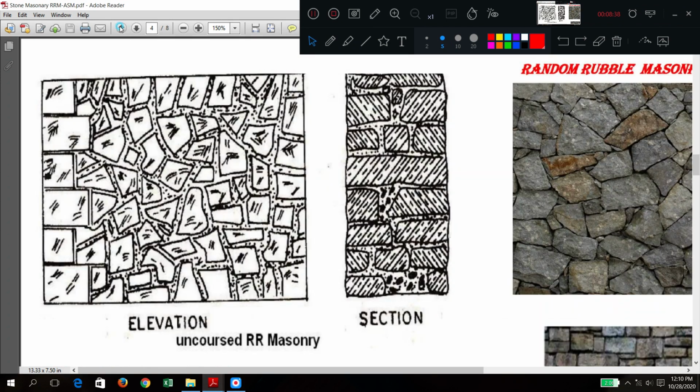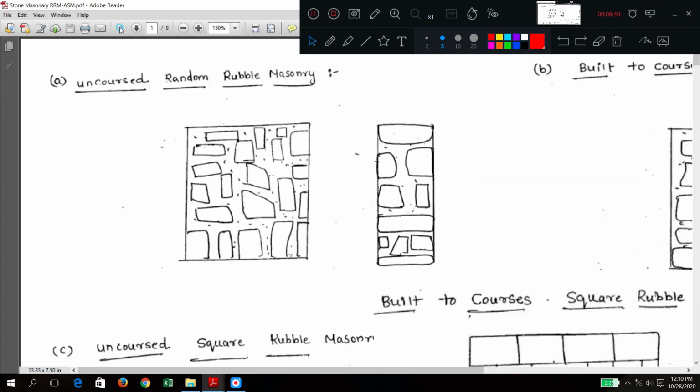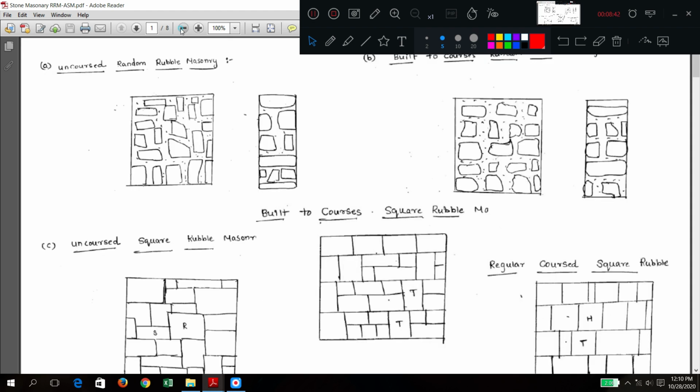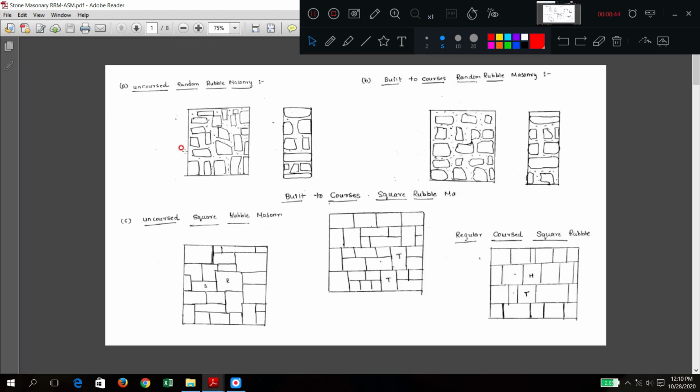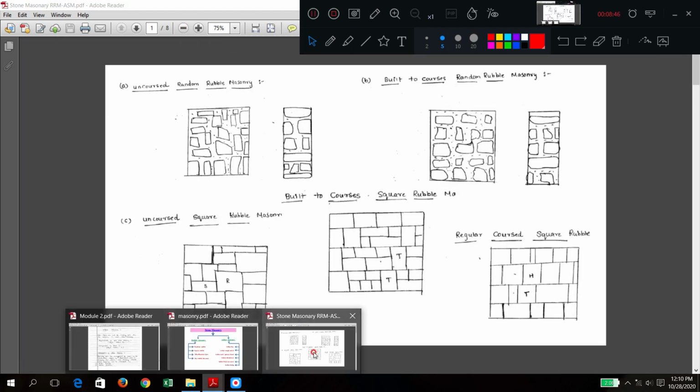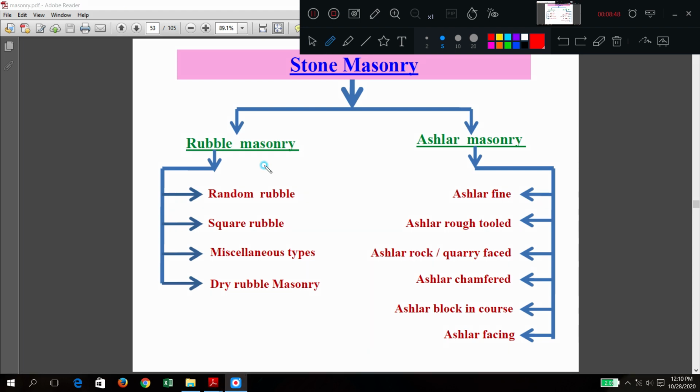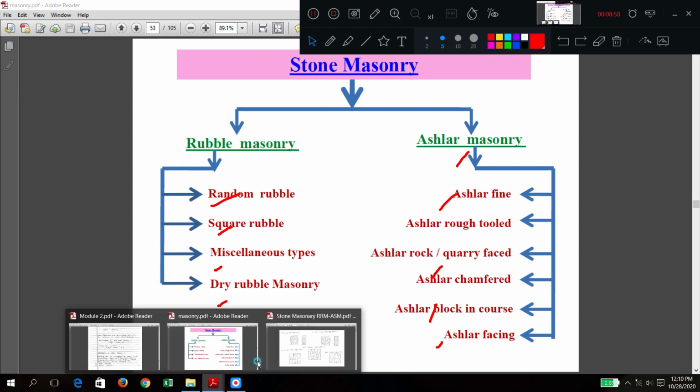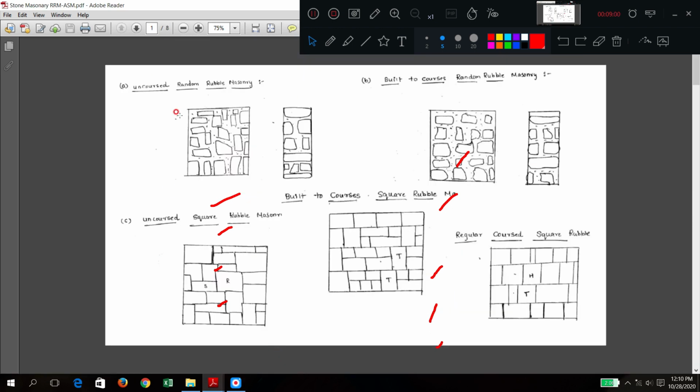Now here we have too many categories in the ashlar, four to five categories are there. If you see this diagram, here only you can understand. In rubble also so many categories, in ashlar also so many categories. I have made one diagram. Here all the five types of random stones are shown.